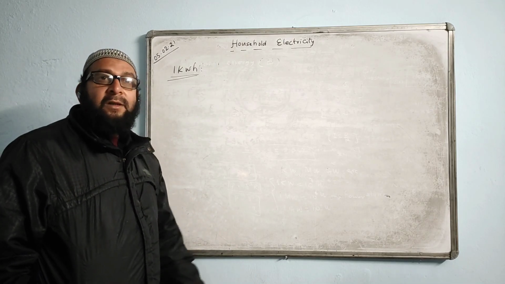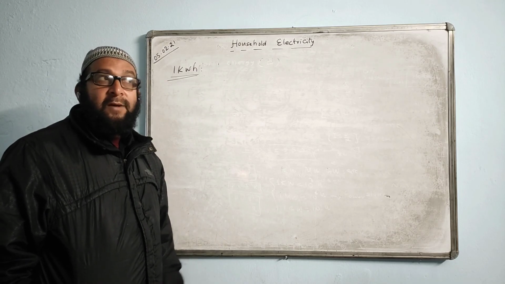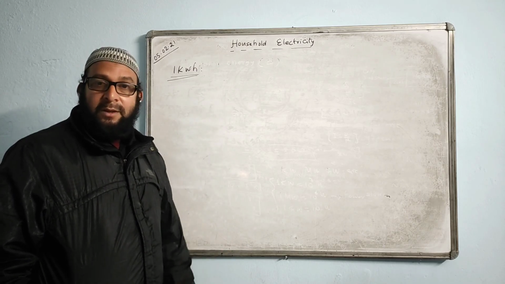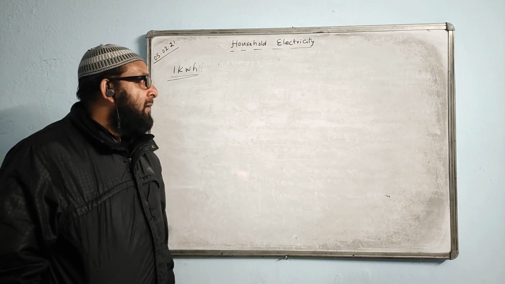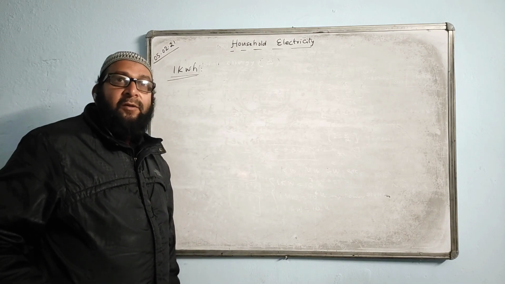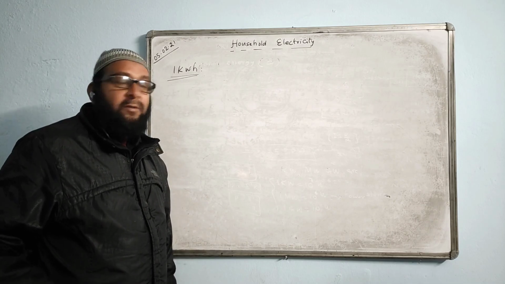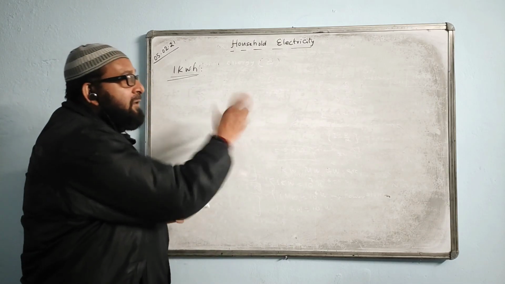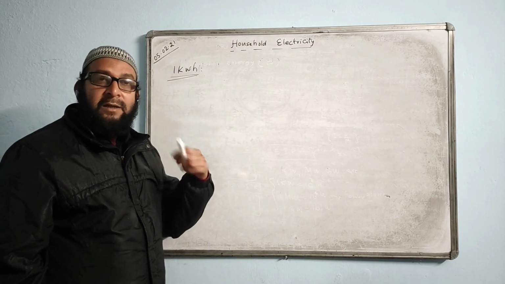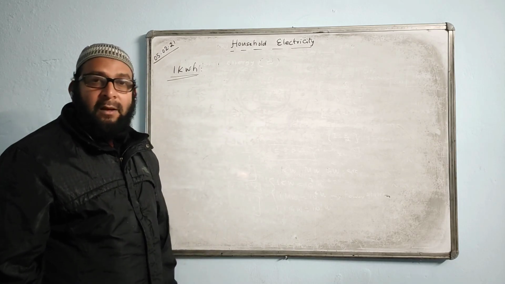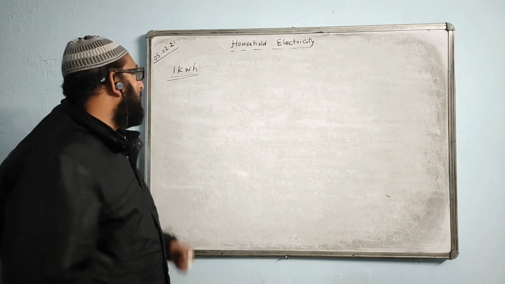And how is it related to its SI unit? Then you say 1 kilowatt hour is equal to 3.6 into 10 to the power of 6 joule. If by chance you have forgotten and cannot remember, then deduce it yourself. Now you know the method. 1 kilo is 1000, hour you are changing into seconds, 60 into 60. Multiply everything and write whatever answer you get.